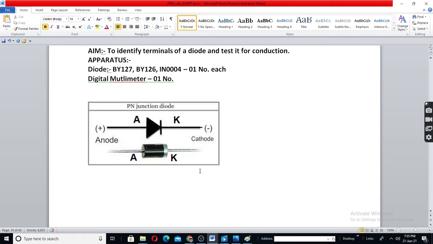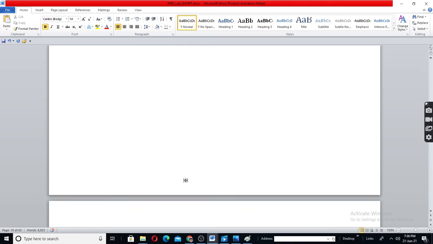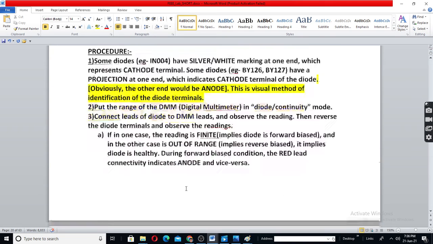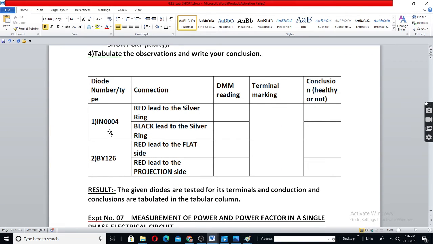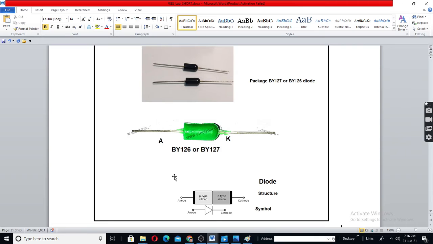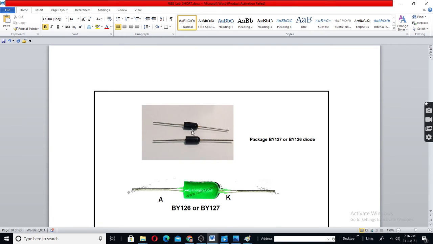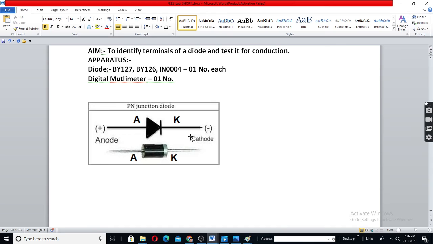Okay. Now how to test a diode? See, first you have the silver end. Second, you have the flat and projection end. This is the flat end. This is the projection end. See, a little bit of projection is there. Here this is the flat end.